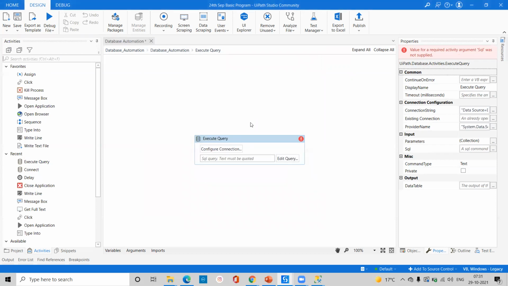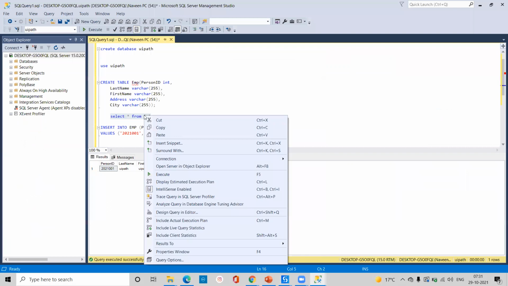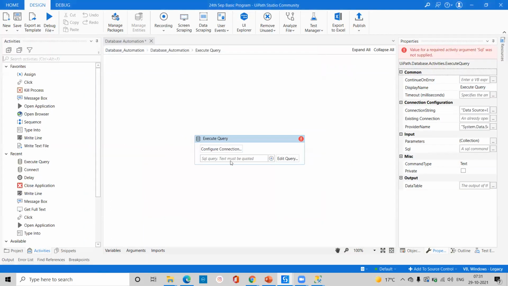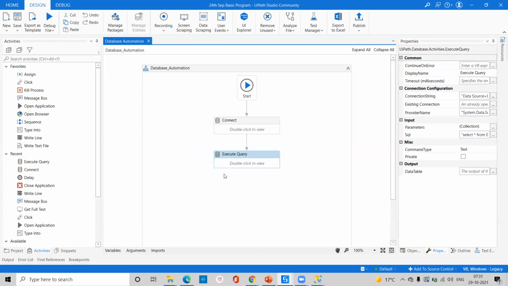So whenever you do this, we are getting this error. Why are we getting the error? Because of the query you passed, select star from employee. We'll copy these things and paste inside UiPath. Okay. So we'll pass it here, always in double quotes, you know that. And right now we'll not get the error. Okay. So whatever data we are going to extract from your database, first we'll store it in this variable.